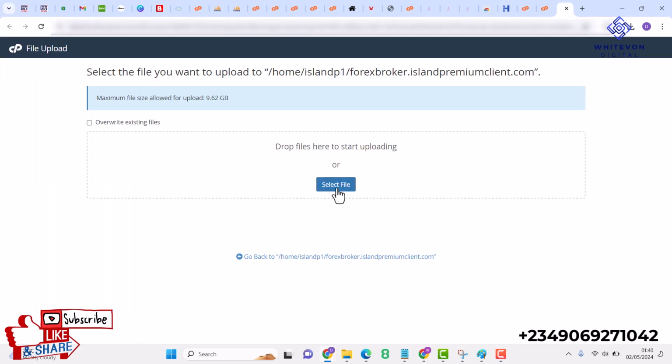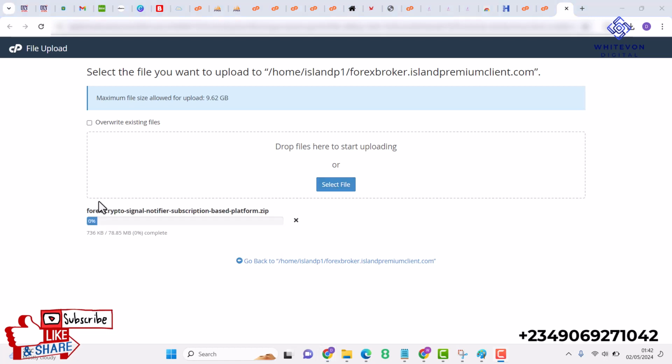So this is the interface whereby I'm going to be uploading the script used in this project, guys. Here we have the script which I used for the project. It's uploading already. I'm just going to wait for a few seconds while it uploads completely. So guys, while we are waiting for our project to be uploaded, I'm going to go back to my cPanel,